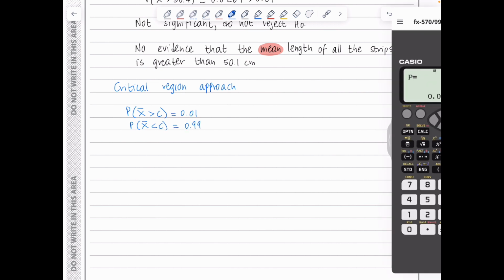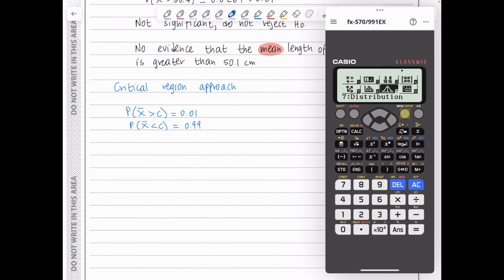I can go on my calculator, I press menu, 7, inverse normal, my area is 0.99. The parameters sigma and mu are still the ones I've inputted just before. So this gives 50.46,